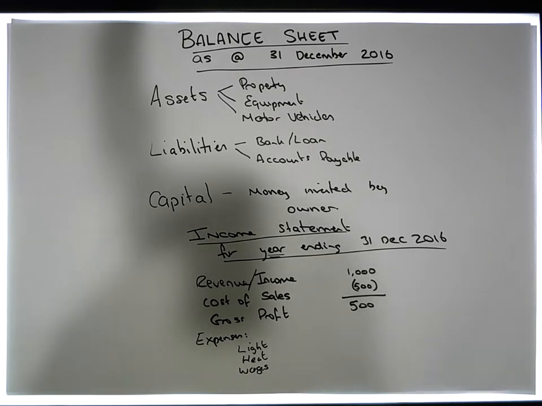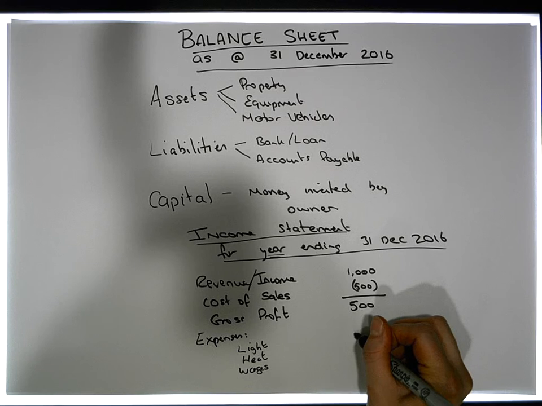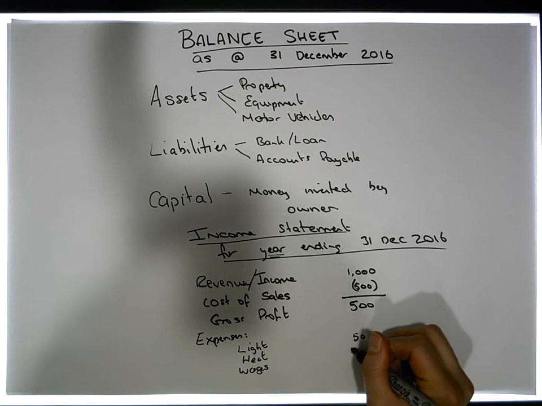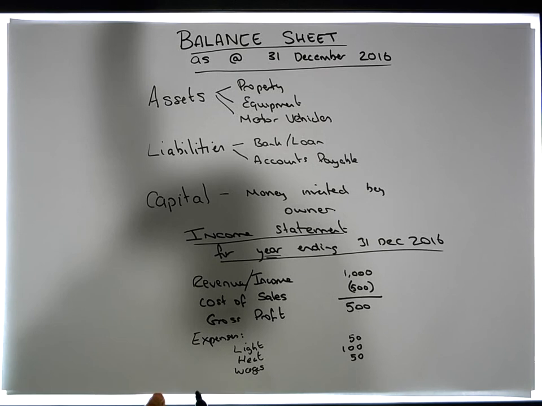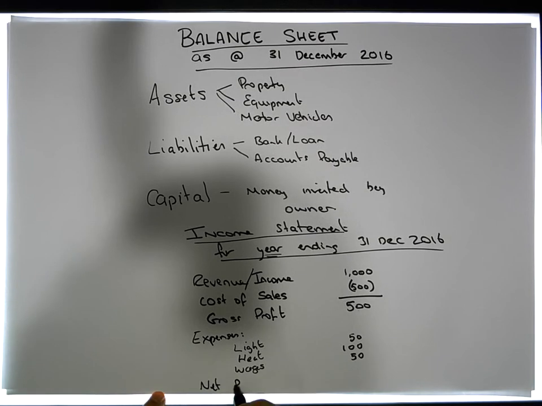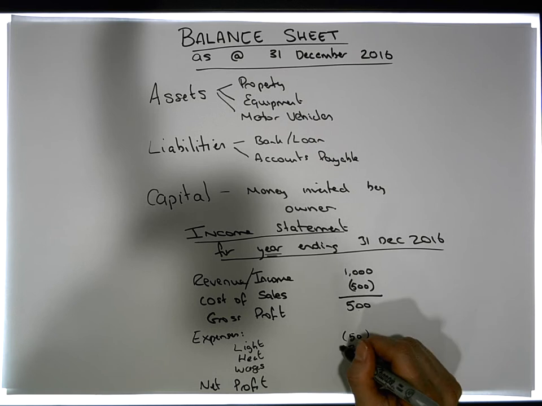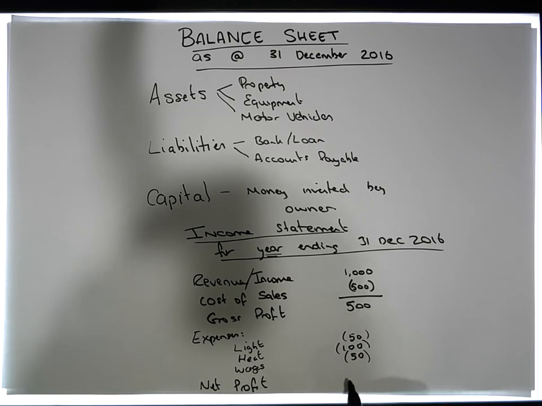Once all these expenses come out, so for example we had light expense of 50, heat expense of 100 and wages of 50, this is then left with our net profit. So in this example we would have a net profit of 300. We will go into this in more detail, but I just wanted to give you a brief introduction to the two main